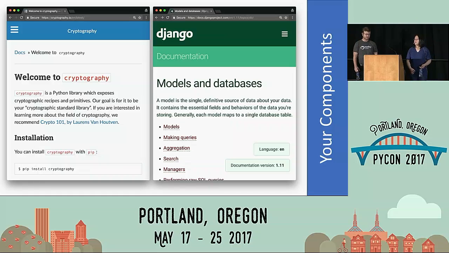Finally, we want to threat model the individual components of our system if we're the ones responsible for developing them. If we're not responsible for developing them and we're relying on third-party libraries, we want to make sure that our usage of these components continues to not break the threat models or security guarantees that the components have. So we don't want to munge with any private fields in any of these libraries, don't access fields with underscores. If we're using cryptography, we want to make sure that we're using the recipe layer and not the hazmat layer,